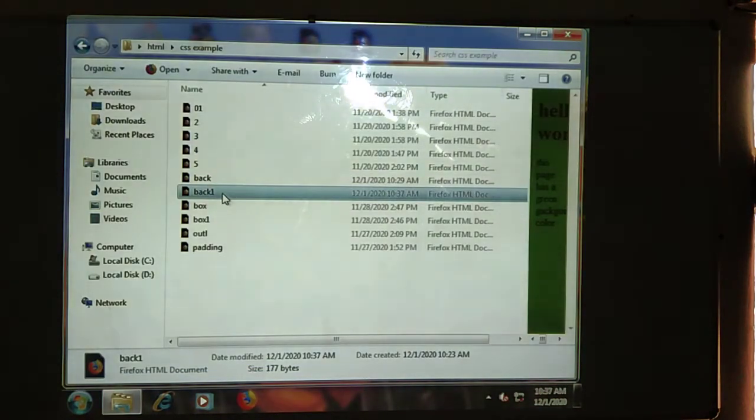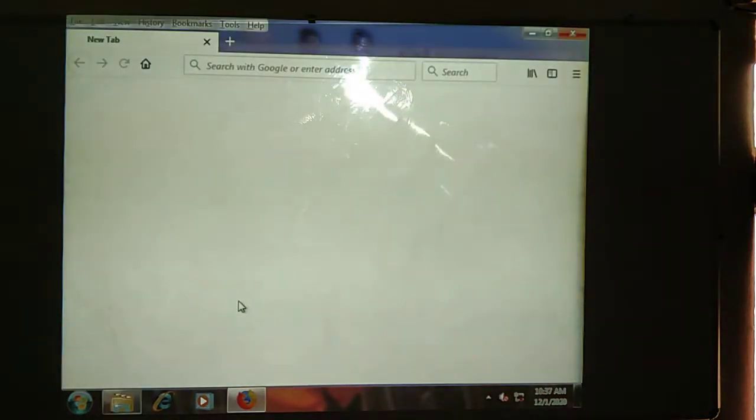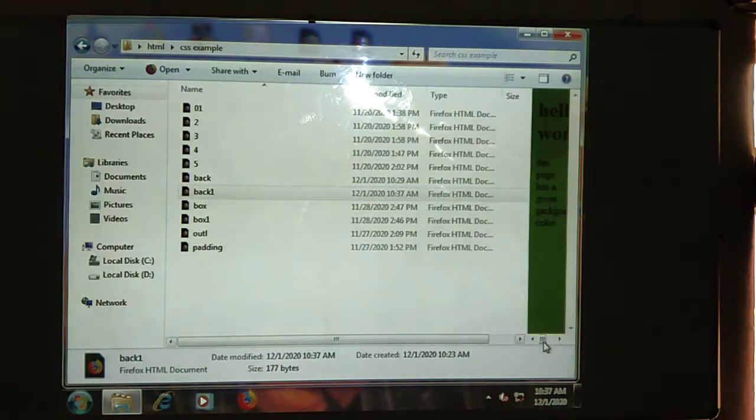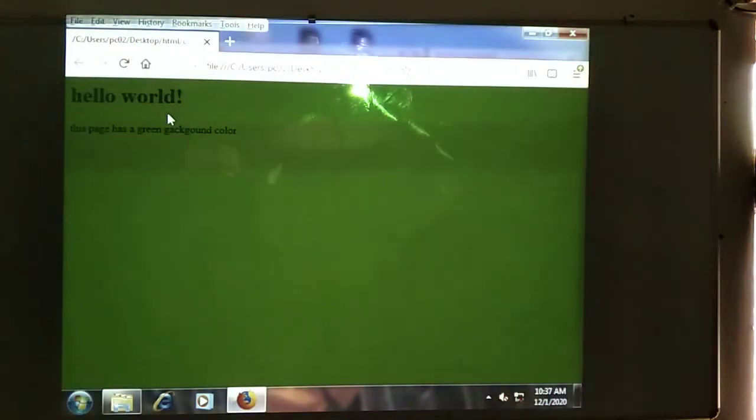Next we can see the output here. See here. Whenever we are going to be opening the background colors, we can see how the page will be displayed here. See here. What is the hello world we have given in the head level 1. Then paragraph will be created. Then in the CSS property, there we are going to be giving some selector name. What is the selector name? Body we are going to be using. In the body we are going to be giving the value green, so it should be applicable to the whole page.